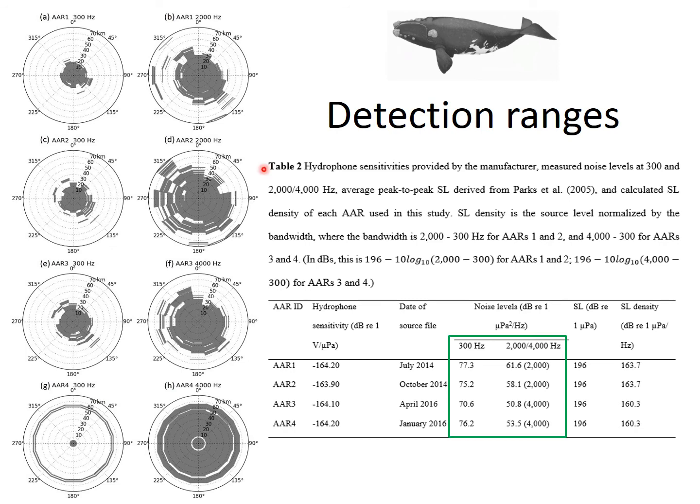The discrepancy which we saw here, in this case, we looked into the detection, and Aural 1 detected more sounds, had high noise levels, and that reflected in the detection ranges, where we can see Aural 1 had lower detection ranges just below 40 kilometers, and Aural 2 had detection range as high as 70 kilometers, which was kind of different, because physics tells us that Aural 2 should be detecting more calls than Aural 1. The next slide will actually give an indication as to why Aural 1 is detecting more calls than Aural 2.